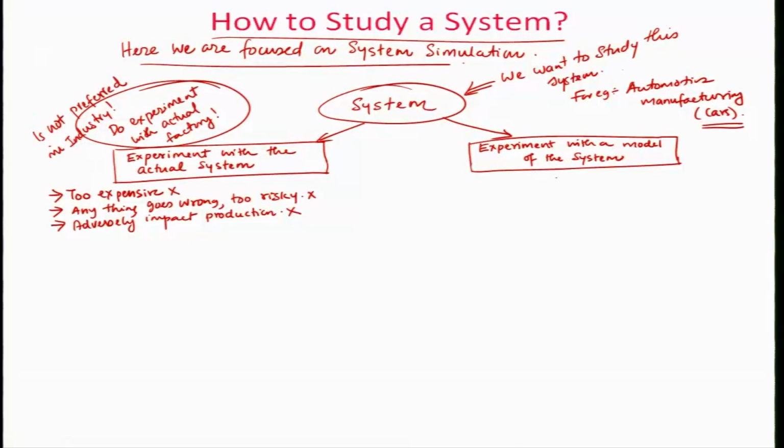So, the second option is to experiment with a model of the system. Here also we have two options, ideally speaking. The first is to build a physical model. A physical model is like a model of the system, for example,